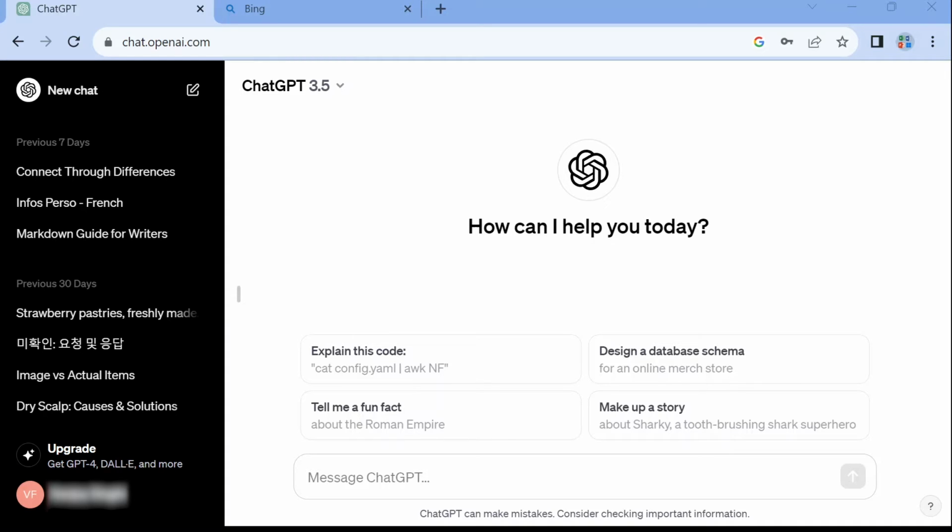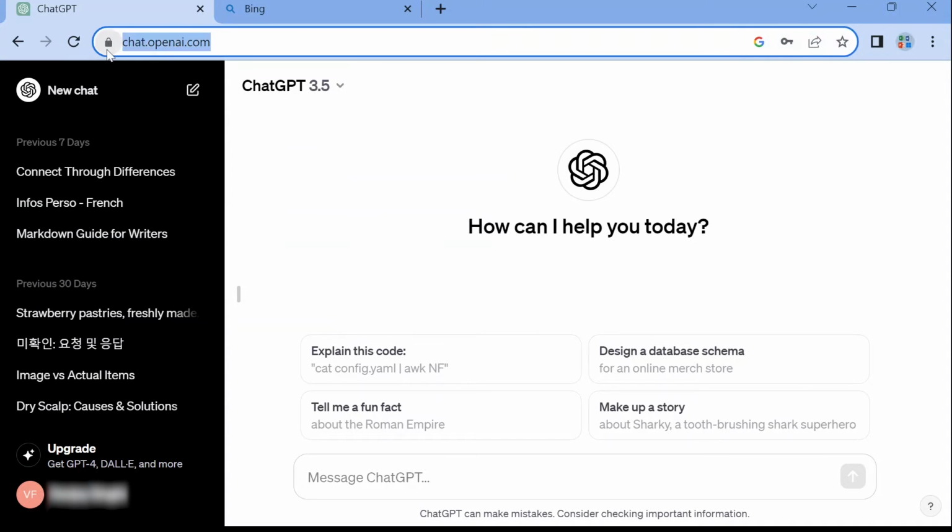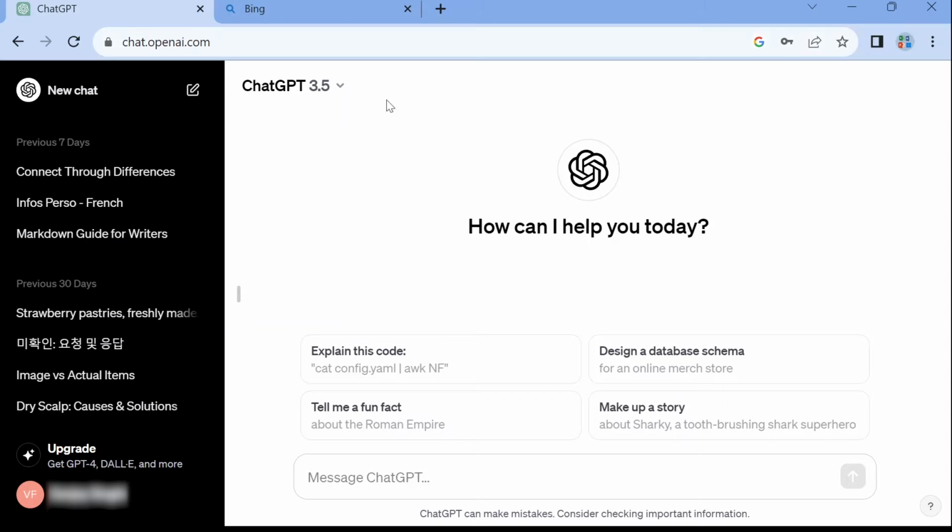In today's tutorial, I will show you how to use ChatGPT 4.0 for free without a phone number. Usually, you're accustomed to this ChatGPT 3.5 version right here that you can access with chat.openai.com. Now this version is only free for 3.5. Furthermore, you need a phone number from the US, UK or those countries.